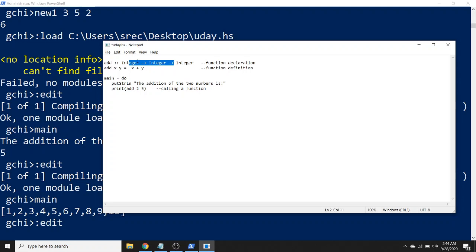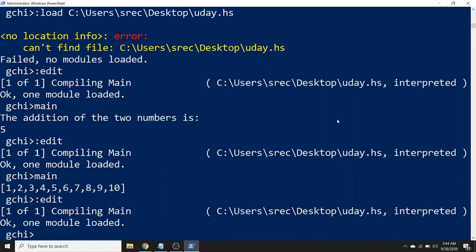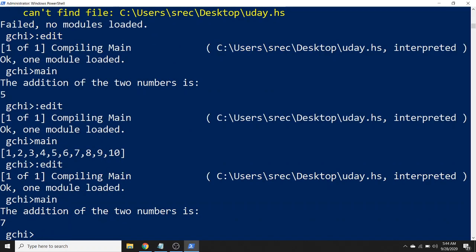So here we are passing two arguments to the function add and it returns a single integer value, right? So here we have the main. From the main function we are going to pass the arguments, right? In the previous example we directly gave the values, so here we are giving the values through the function. You can see the addition of the two numbers is 7, right?